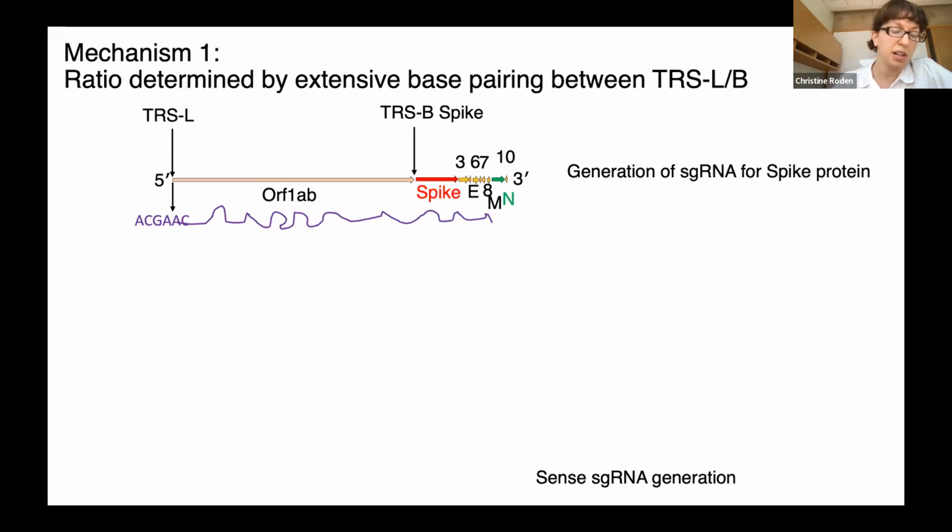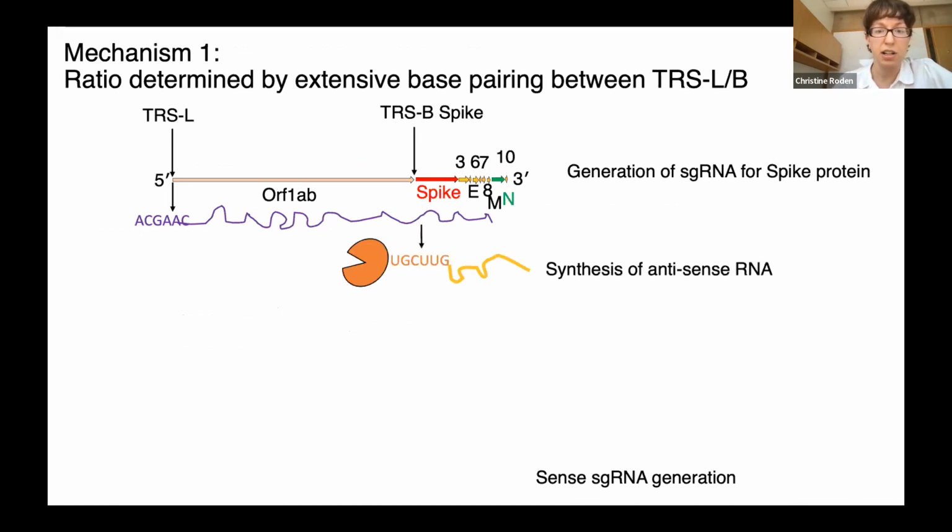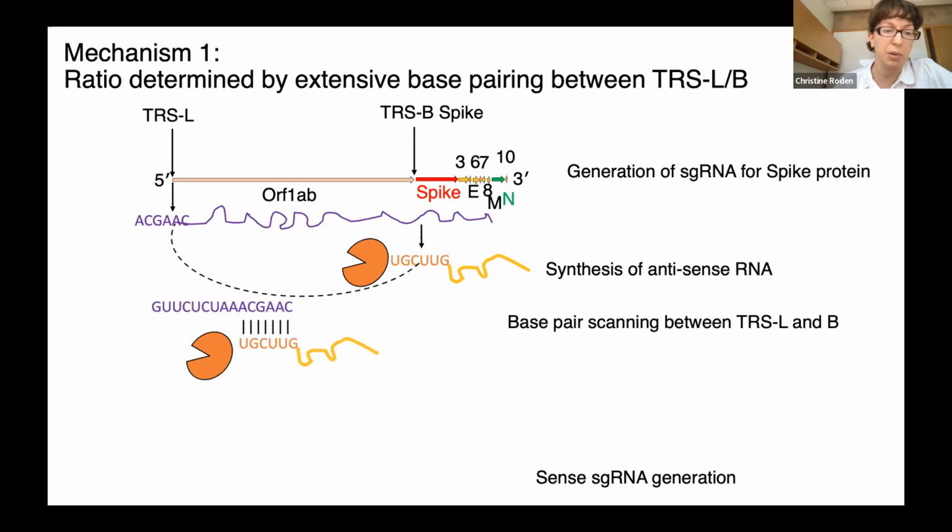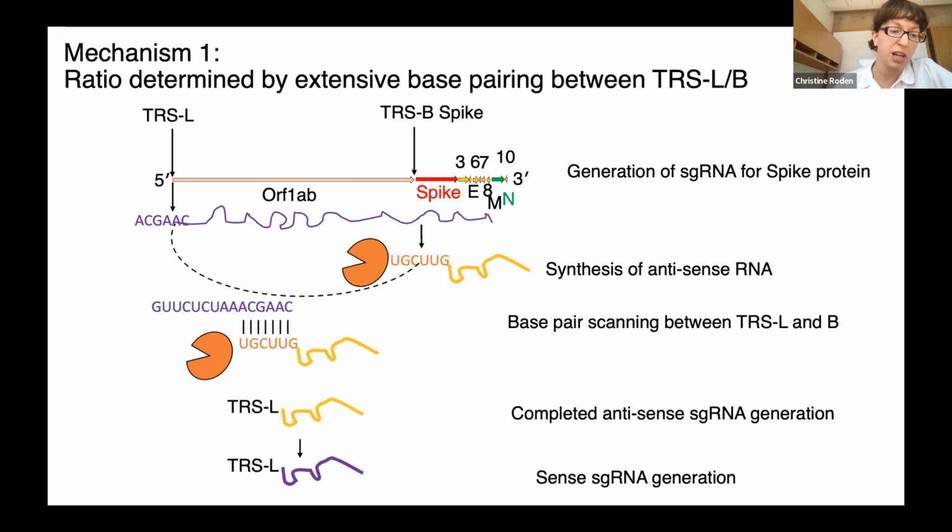You start with a plus strand complete RNA genome, and if you want to make, let's say, spike sgRNA, you synthesize antisense RNA from the 3' side till you make the TRS-B sequence. This is able to base pair extensively with the TRS leader sequence in the 5' of the genome in a base pair scanning interaction. And this leads to completed synthesis of the chimeric TRS-L antisense sgRNA, which is used as a template to make plus strand